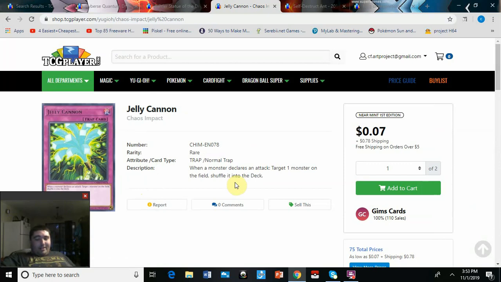When a monster declares an attack, you target one monster on the field and shuffle it back into the deck. And the thing I like is it can be used aggressively, just like he said. It can also be used defensively too. I mean, but if that's the case, why not use a Mirror Force? The thing I do like is it does have that dual aggressive and defensive